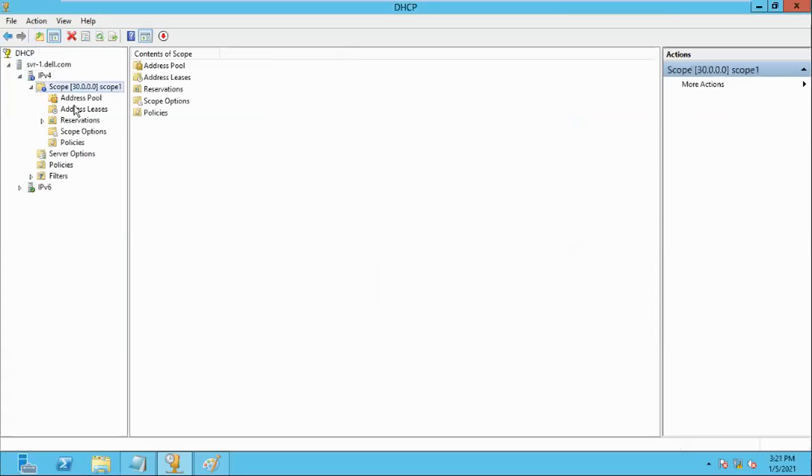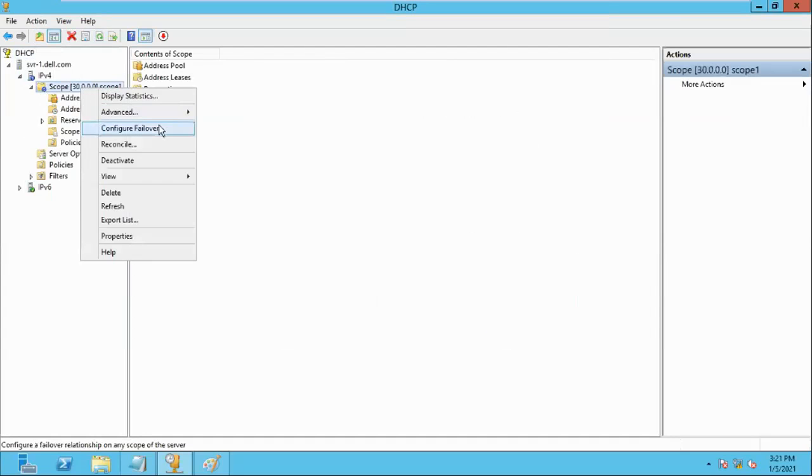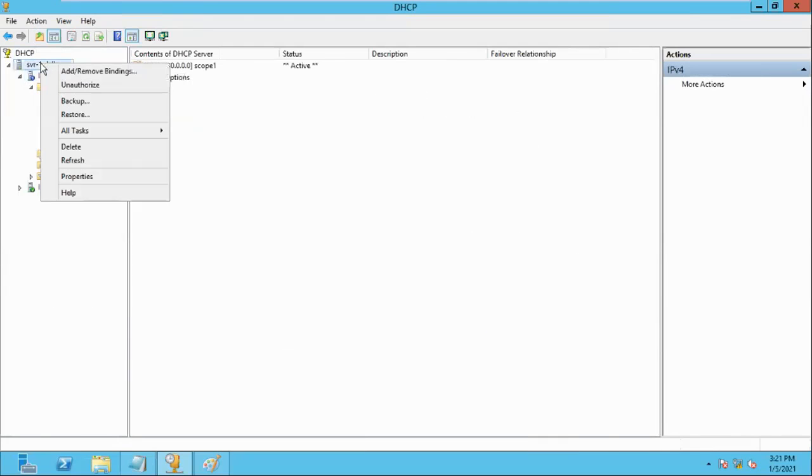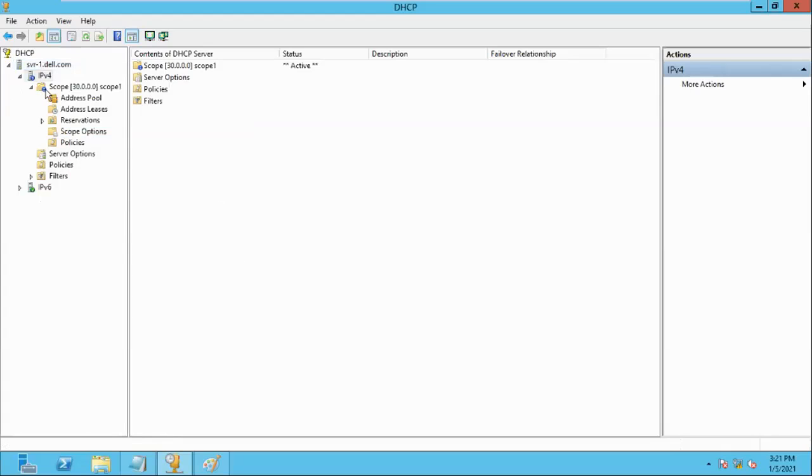So here the scope has a blue mark. Just refresh. If it is still there, what will we do? Select the server, all tasks and restart.